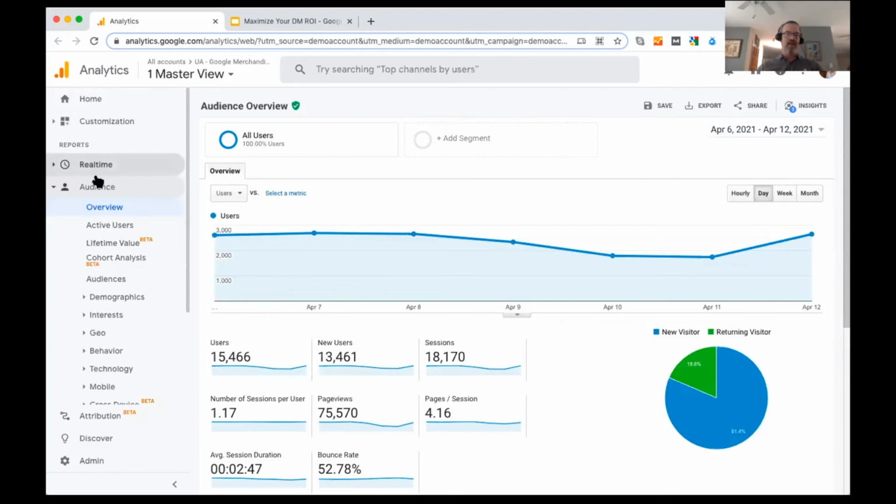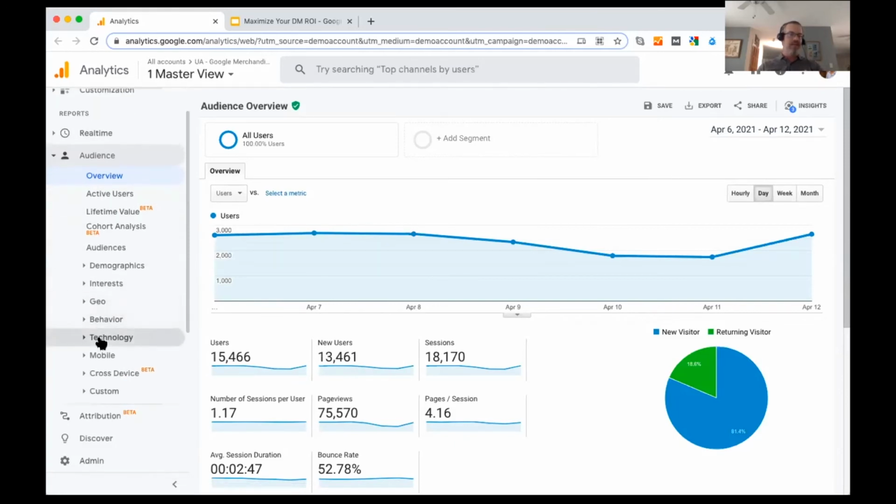There is a tab right above audience called real time, but real quick, just in audience, you see there's a lot of different ways to break down the data, and this is mostly just demographic data. So you can look at the geolocation of your users. Interests is third-party data, so take it with a grain of salt, but it'll still give you some insight. Demographics, age, and whatnot. What technology devices are they using? So that's a lot of the audience information.